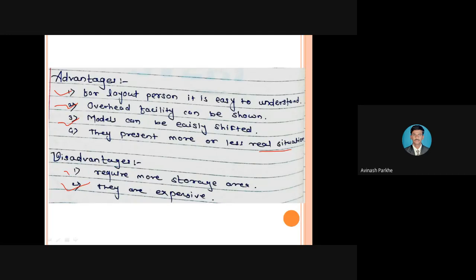Therefore, this model is also one of the recording techniques used in the method study concept in order to explain all the types of constructions, all the operating conditions, and all the important elements present in the actual application. For example, if I have to explain the lathe machine, it is not possible to bring that lathe machine into our class. So either I will draw a diagram of the lathe machine, or I will prepare a small model of the lathe machine. Through this model, I can explain all the things to you, so you can easily understand.